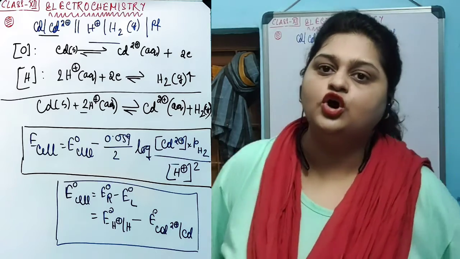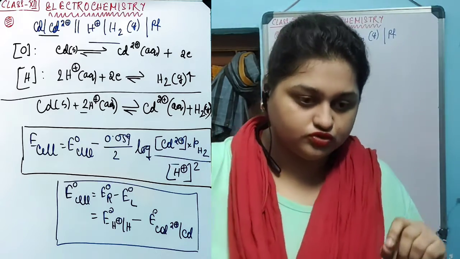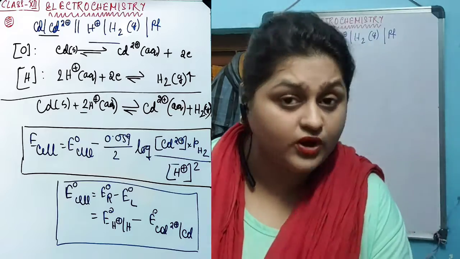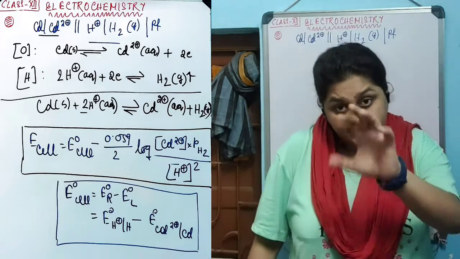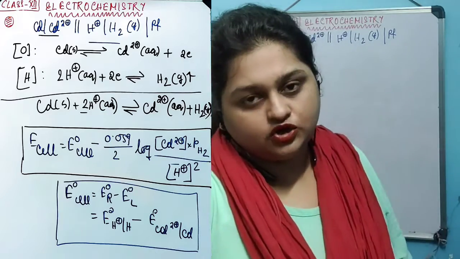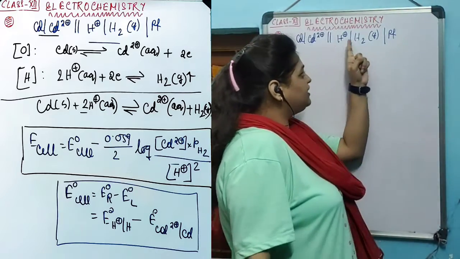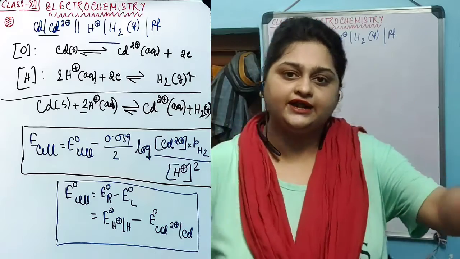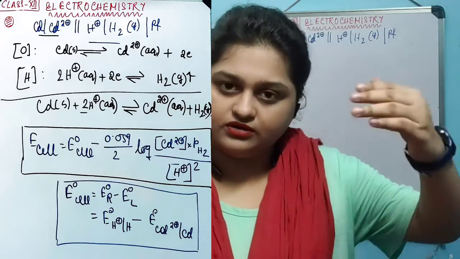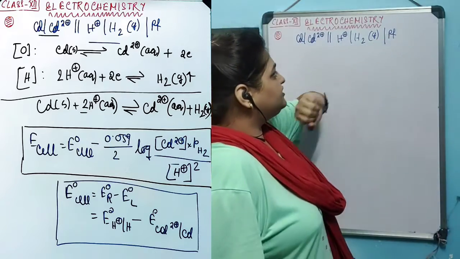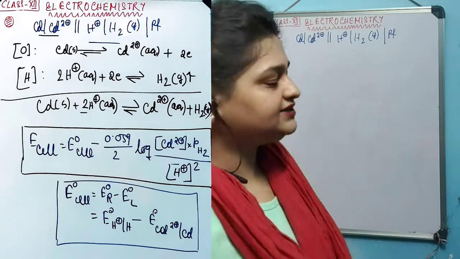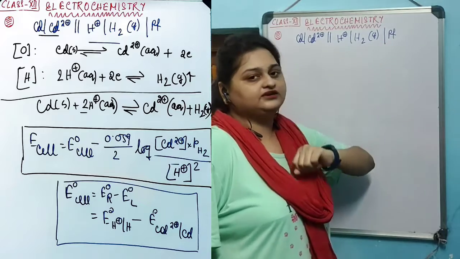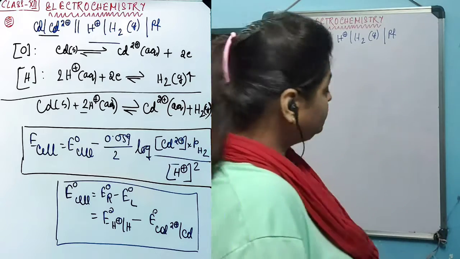It is there to help this electrode reaction in the form of an inert electrode. It is not directly doing the reaction. The reaction is happening as H plus is transformed into a hydrogen molecule in the gaseous state. Platinum is there as an external inert electrode. That's why a lot of the time you will see this kind of platinum, and a lot of the time you will not.